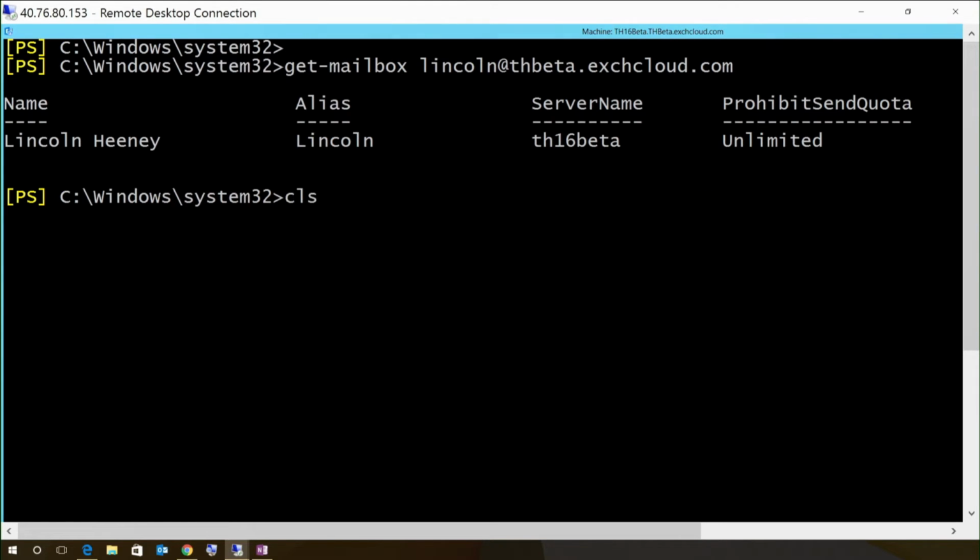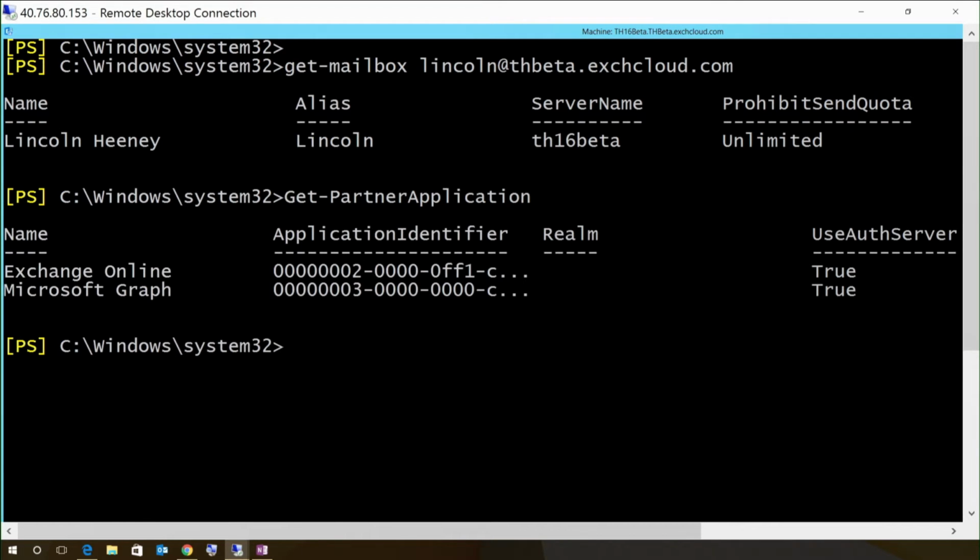So let's see if Graph has been added as a trusted partner application. As you can see over here, Graph has been added as a trusted partner application. I'm running this code in the Exchange PowerShell, on-prem PowerShell. The next step which was mentioned is that when you run the Hybrid Configuration Wizard, we add AAD or EvoSTS as the token issuing or auth issuing endpoint. To see whether that has been configured on this machine,